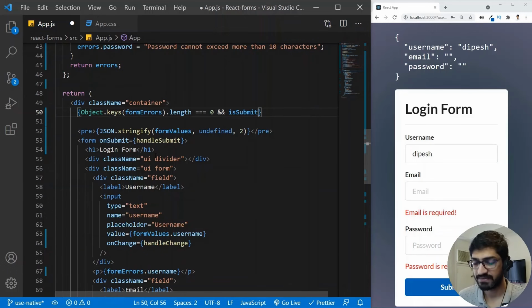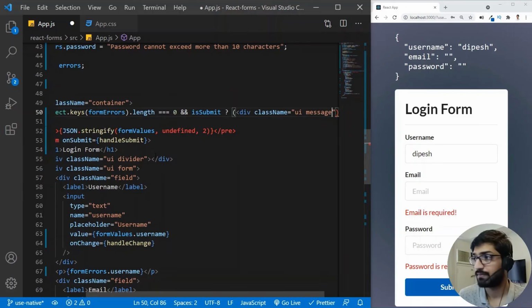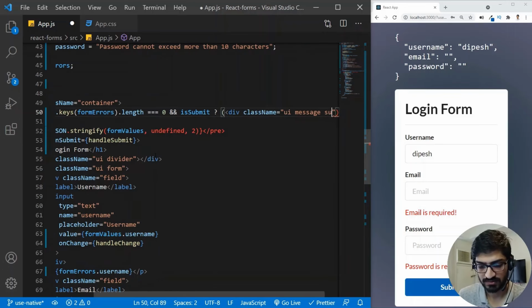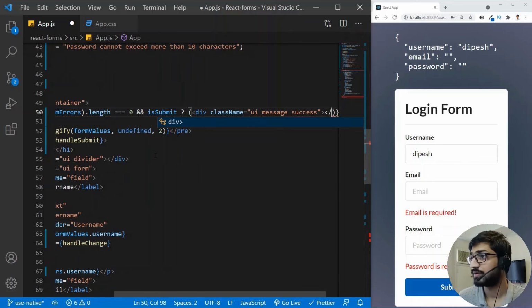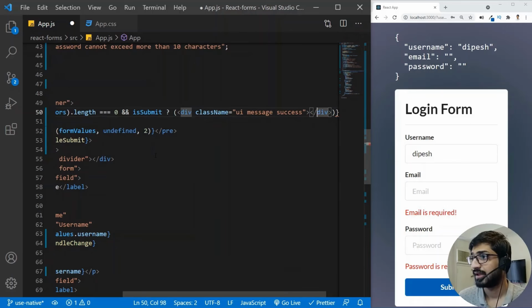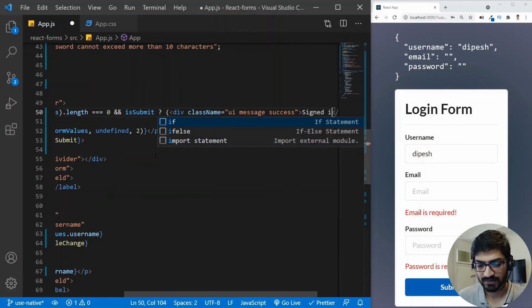If this condition is satisfied, if it's true, then I want to have a div with a class name of ui message success. All right, and then inside that, I'm going to close this div, and here I'm going to write sign in